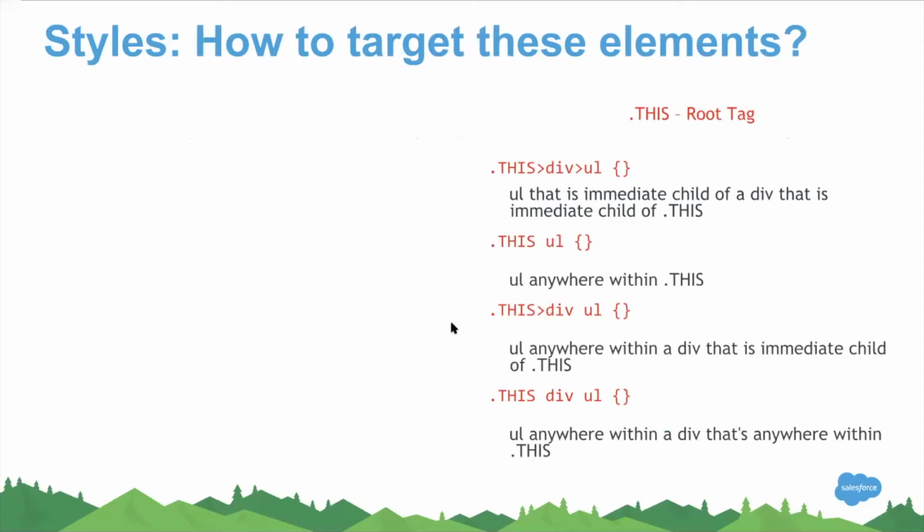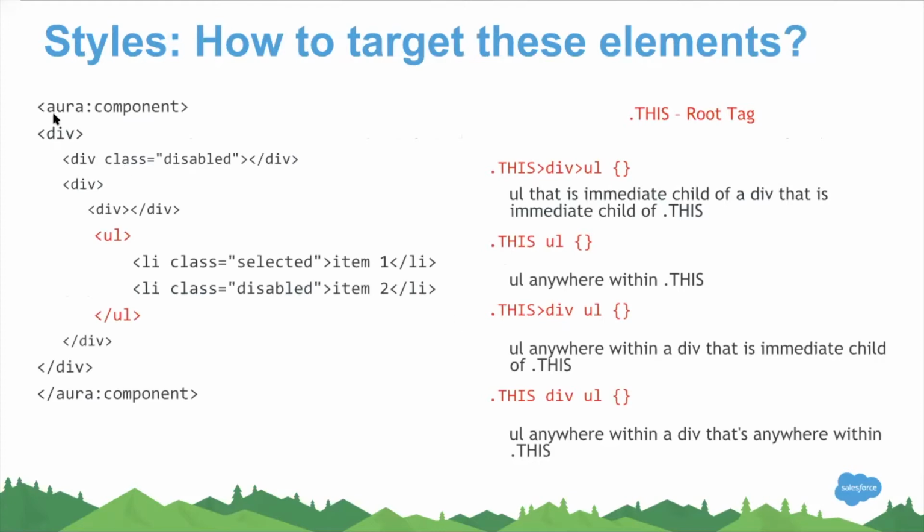And in your CSS file, let us say this is the markup that I have. If you're creating a CSS file for your component, this is how it should start. Your CSS markup should always start with dot this, and you should add the element that you're targeting, and the appropriate style can be included within the braces. So this is how it is.